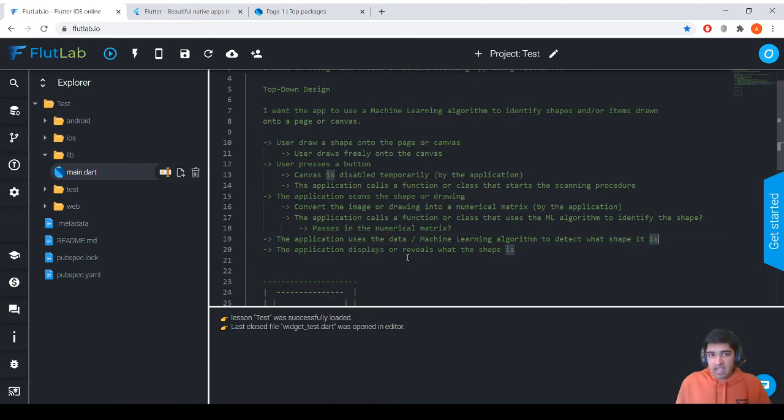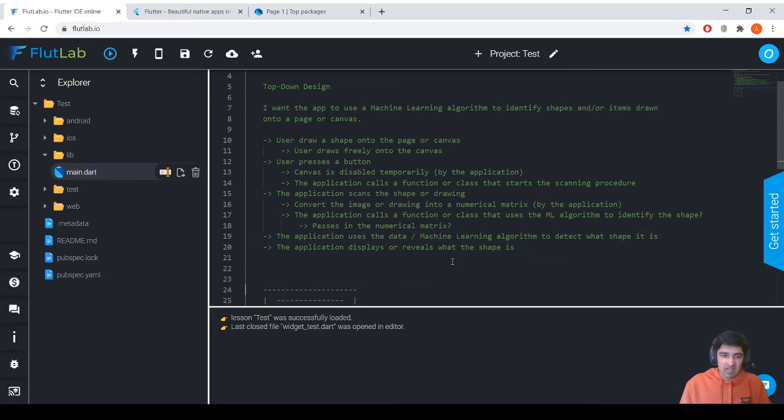So once you've figured out roughly how your app is going to work, then what you need to think about is a few things. Like, how are you going to implement it? For each of these things, maybe you could search up a certain function or class or package in Flutter that allows you to do this. I know machine learning is a little bit tricky to implement in Flutter, but you can do it. But I'm not sure exactly how to. So what you could do is search things up, or